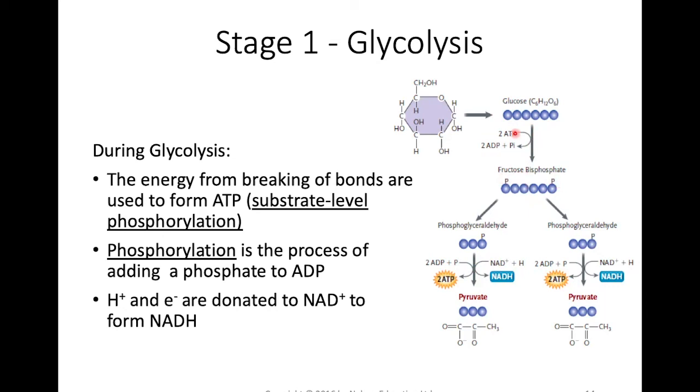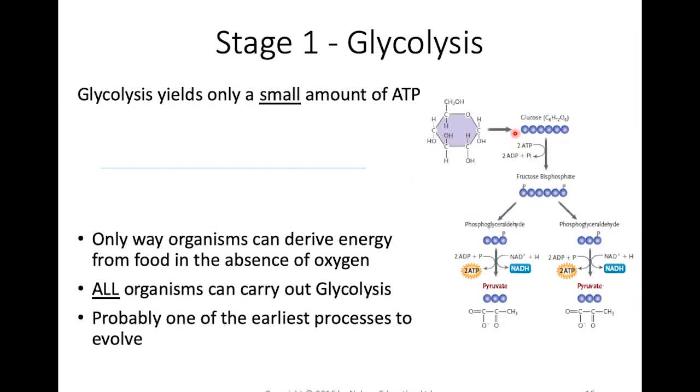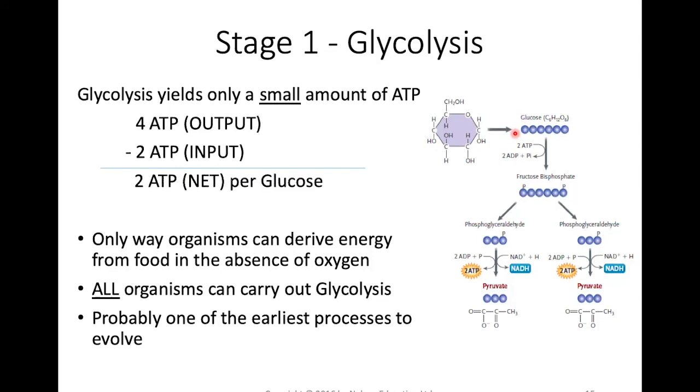So if you consider the net then, you have 4 that are being produced, 2 is your input, so our total net would be 2 ATP. Okay, and we have that here. So you have 4 ATP output, 2 ATP input,